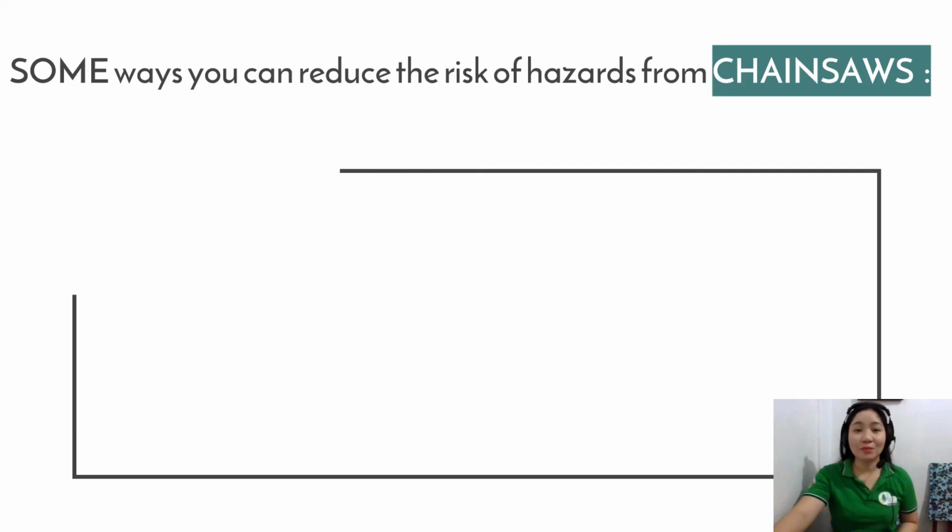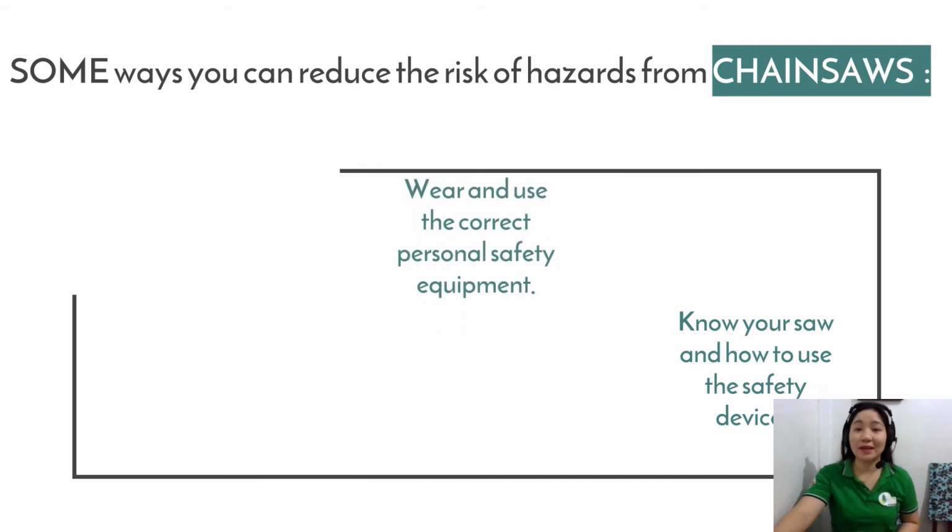Class, here are some ways you can reduce the risk of hazards from chainsaws. Know your saw and how to use the safety devices. Wear and use the correct personal safety equipment. You'll be needing the following: footwear, boots with steel toe caps, leg protection, chainsaw operators' safety trousers or chaps, safety helmet, earmuffs, rated grade eye protection, goggles in dusty conditions, or helmet visor if there's a danger of flying